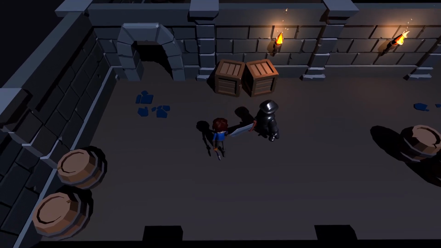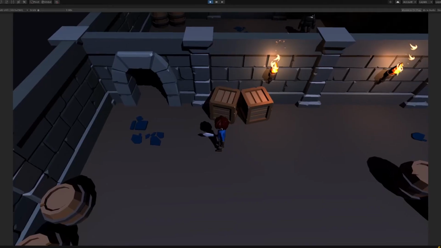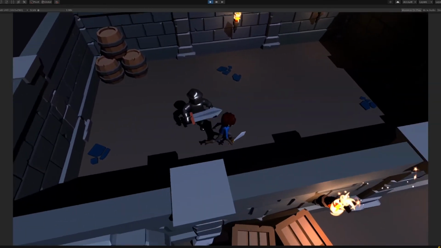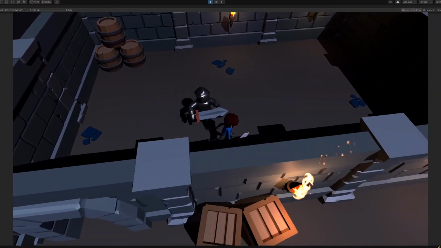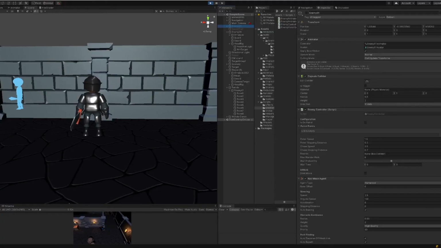Speaking of details, I wasted some time investigating look IK. This allowed me to override the head movement of a character and make it look wherever I want. It wasn't important for the game, but I think it will add a bit of quality to it. What do you think? Anyways, I combined my enemy behavior with this look IK. If the player is targeted and is close enough, the enemy will look at him. The great thing about this IK is that you can set limits to it. For example, if the player is behind the enemy but close to him, he won't turn his neck 180 degrees. I could make it turn 180 degrees, but that would be a little weird, right?